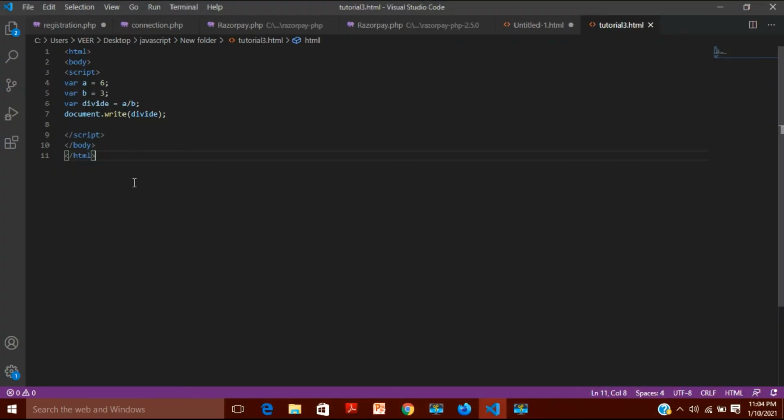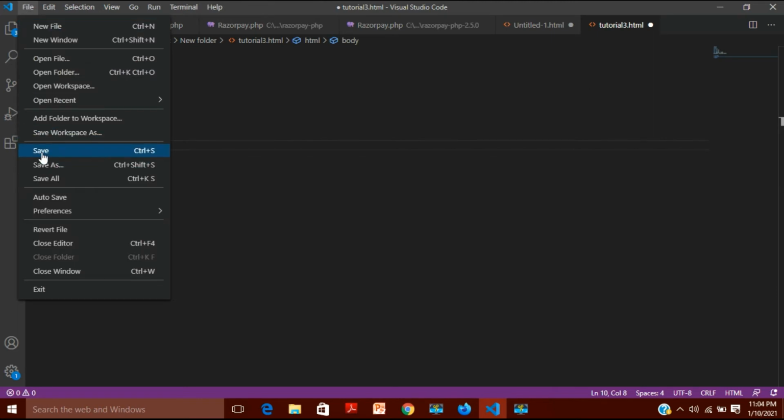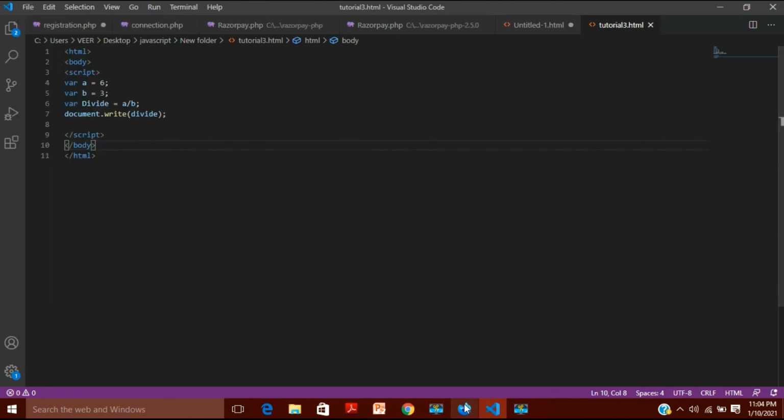One more thing I want to tell you, that it is case sensitive. JavaScript variables are case sensitive. For example, if you have used capital D here, and after that you are not using the capital D, you are using small d here. Now what will happen? Let's see what will happen here. I'll save it here, and when I refresh this page,